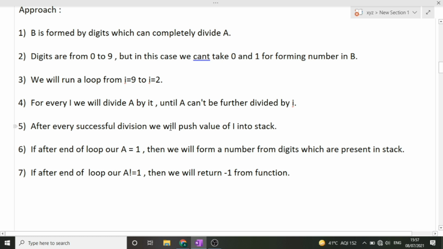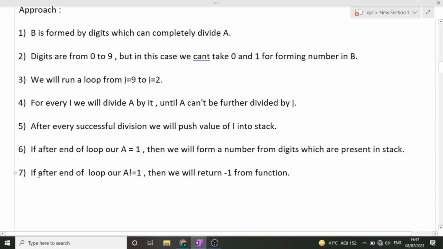In the stack, the i values will be present, and from those stack values we can form a number, and that number will be b.